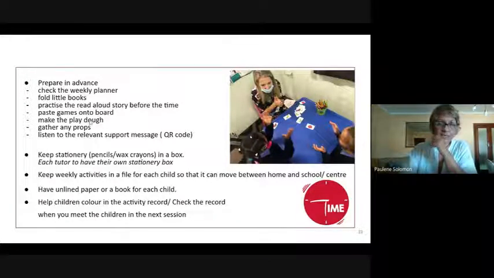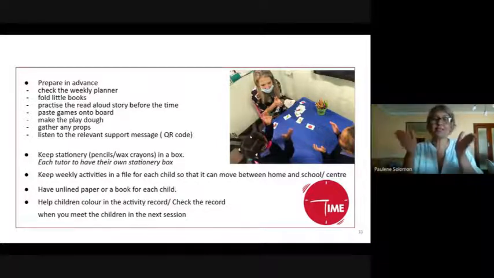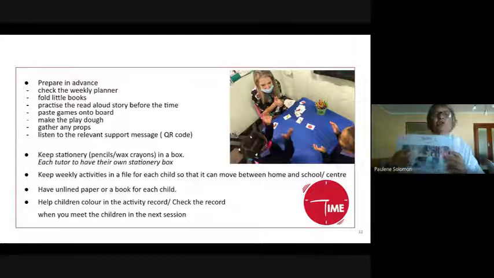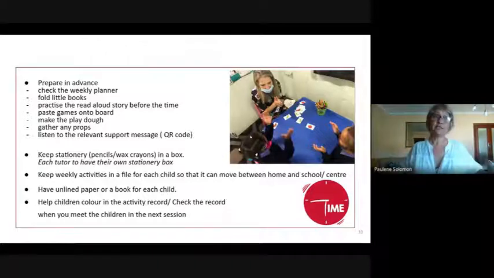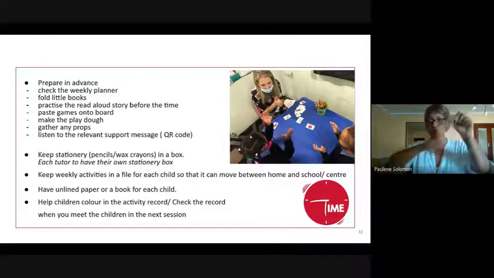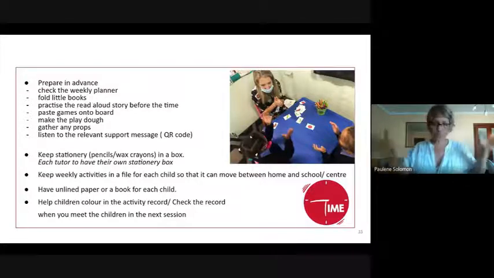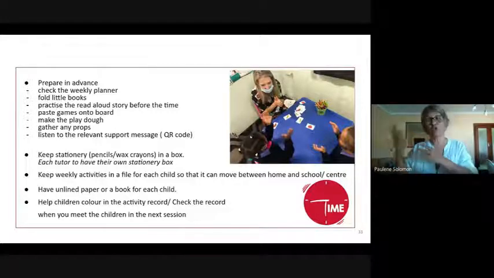And then we've given you some ideas just to get prepared. Obviously, if you're going to work in a session, whether it's during school hours, in a class, or afterwards, there is some preparation you'll have to do. And here we've given you some tips. We'd suggest that you check that week's planner. When you get the packs like this, it's not overwhelming, but once you start taking it apart, the pieces get missing. So we suggest that you separate the weeks, maybe just secure them with a paper clip or in a plastic sleeve. Then you take the week that you are busy with, and with your team, decide which of those activities you are going to do and which ones you are going to send home.